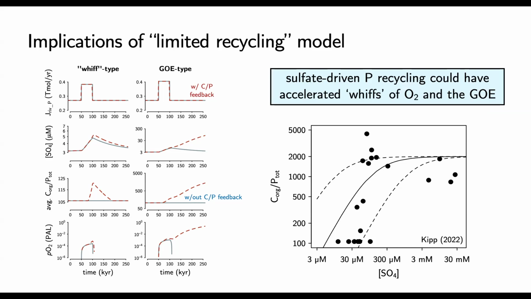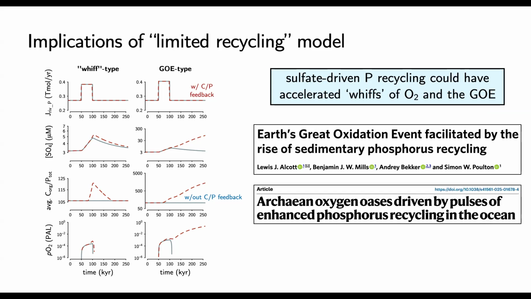It would be inescapable as you grow the sulfate reservoir and start oxygenic photosynthesis. And I should note, this is a simple model result that's showing us a type of feedback in a sort of toy model calculation, but there's some data now. These are two papers in the last few years, using C to P ratios and phosphorus speciation analysis, showing that we see evidence during these transient oxygenation events in the latest Archean of that phosphorus recycling kicking on. So I think there's something to this. And I think the implications for the role of sulfate in the phosphorus cycle are really neat.